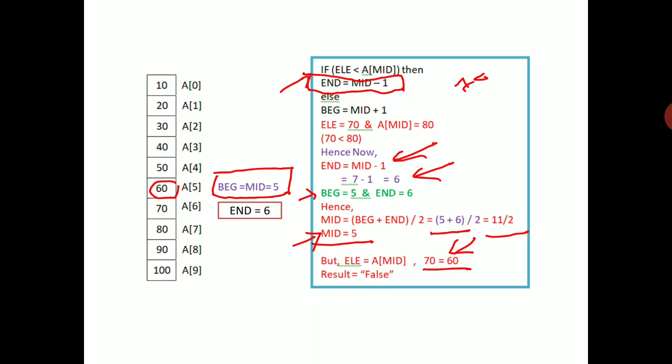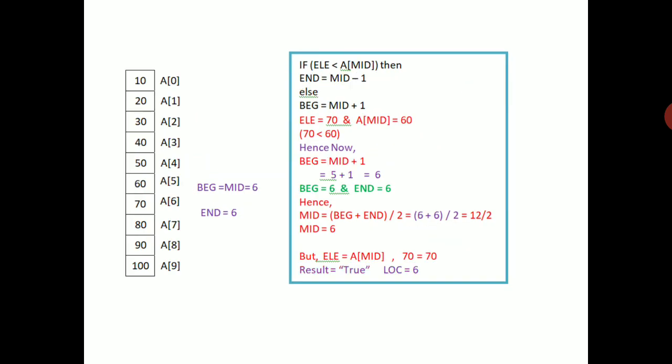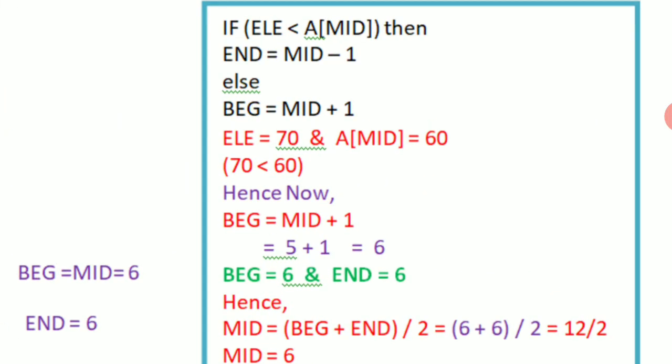So let us go for the next slide. What happens? One more condition, because we have to repeat this until beginning is less than or equal to end. See, the beginning and end value should coincide. Then only are we going to say that the value is not found in the array. Okay. What happens now? Again we are going to have a question here. Remember the mid value.